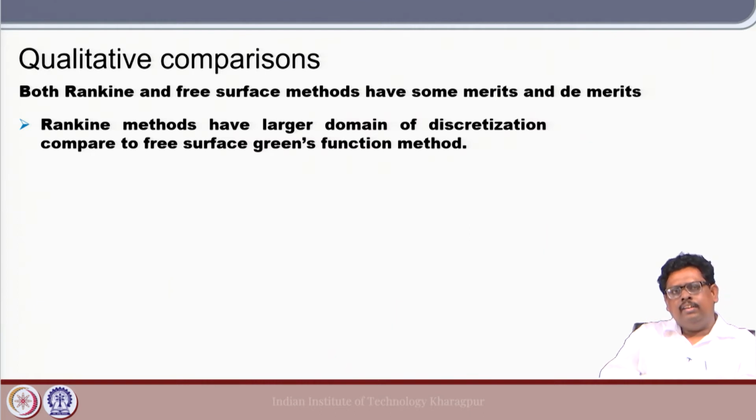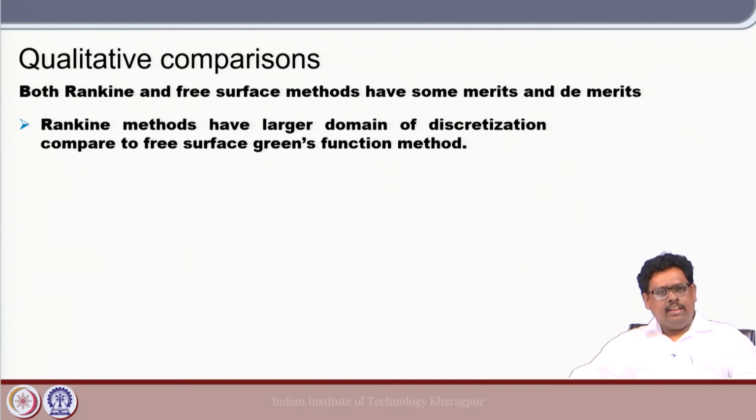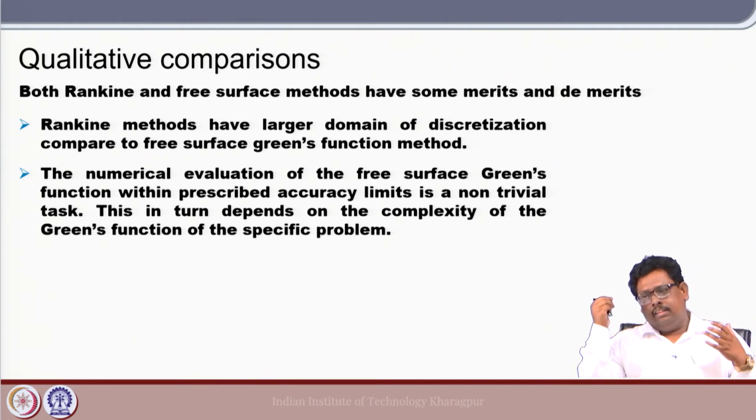Now, if I see over here, the Rankine method has a larger domain of discretization compared to the free surface Green's function method. In free surface Green's function we have to discretize only the body. However, in the Rankine method you have to discretize the body plus the free surface, right. Okay. So, the numerical evaluation of the free surface Green's function is not a trivial task, it is fairly